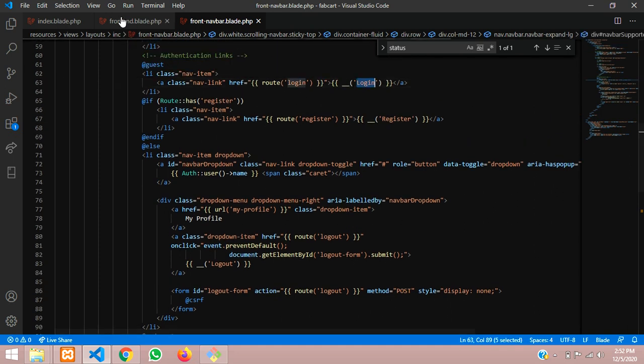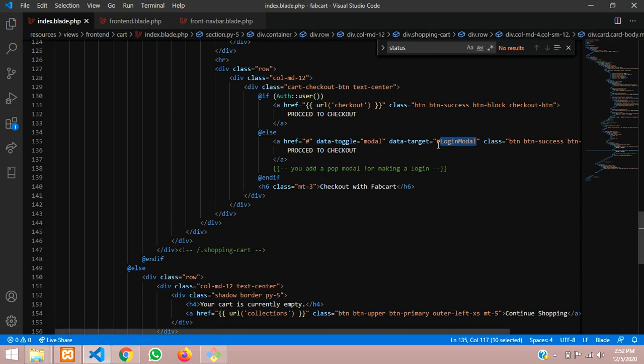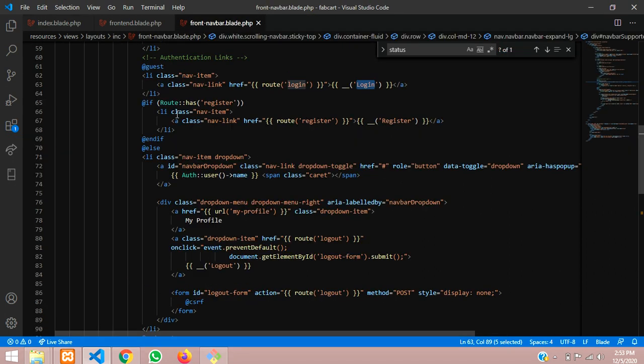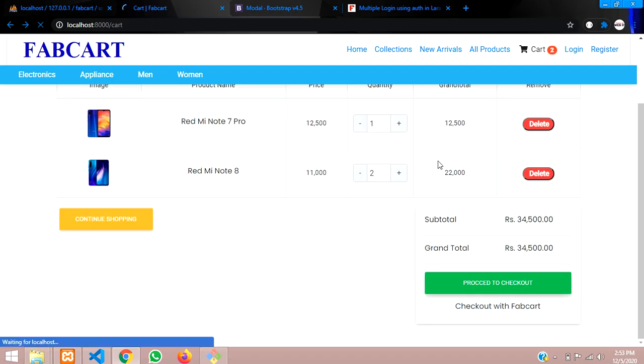For that we will copy the same data-toggle and data-target, both things. Let's copy this with Control C, and here is the form. Let's paste it, save it, and again execute it and check the form.